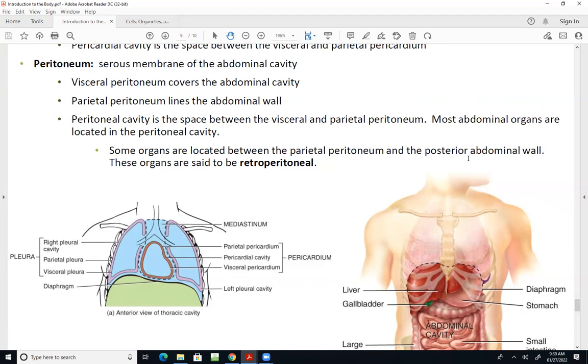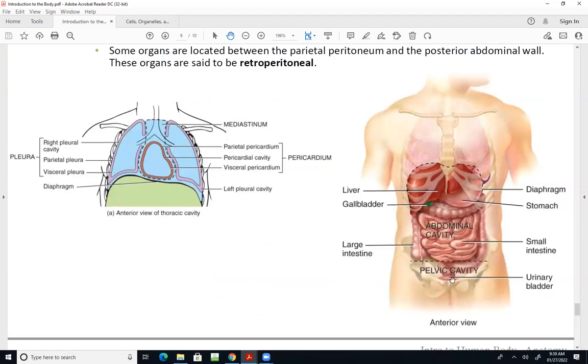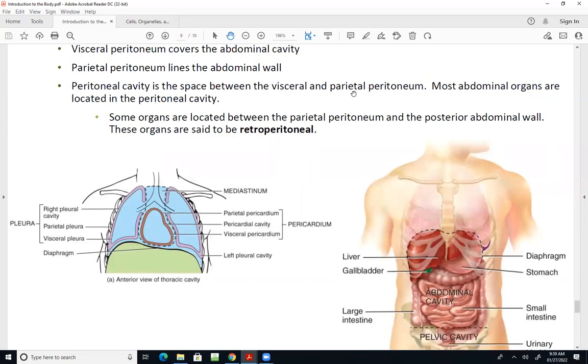They're really far back there. If you were to open up the abdomen, like you see here with the skin removed, you can't even see the kidneys. You'd have to remove basically all these intestines. What you'd find is a really shiny membrane on that back wall. If you got these out of the way, that shiny membrane is the parietal peritoneum, and